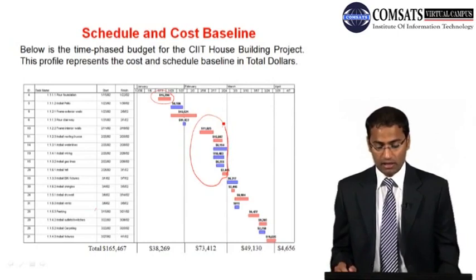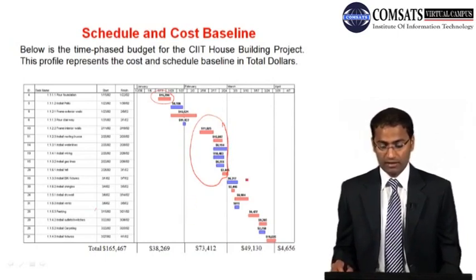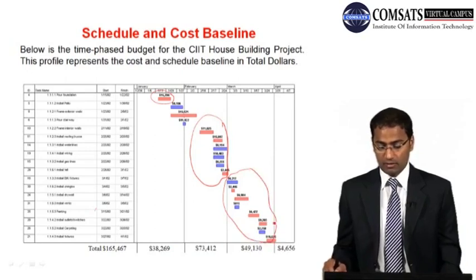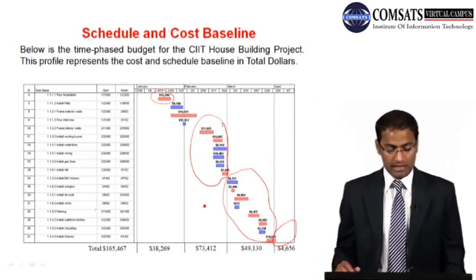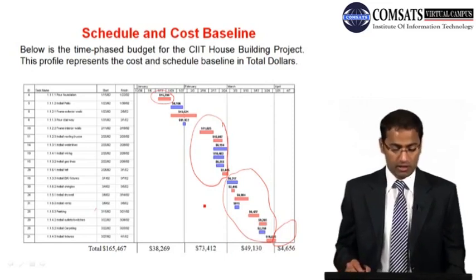So these are the activities which will be completed wholly or partially within the month of February, and these are the activities which are completed within the third month, and a part of the last activity will be completed in the fourth month. So these activities which are shown over there, they are having the cost of